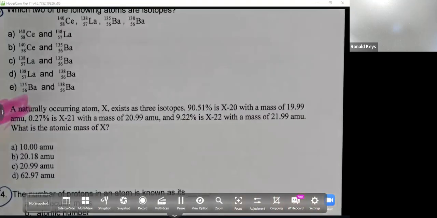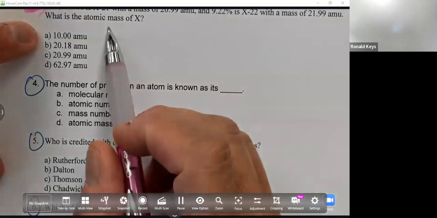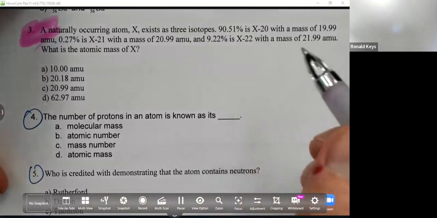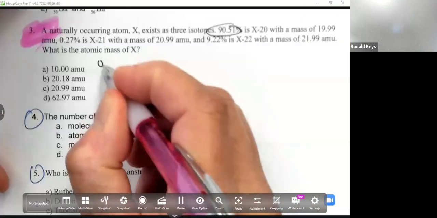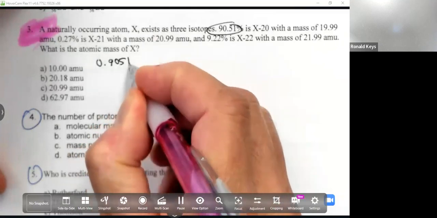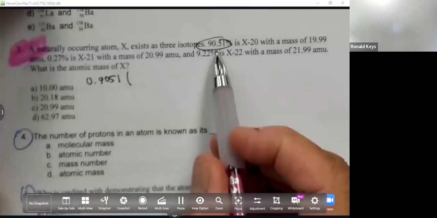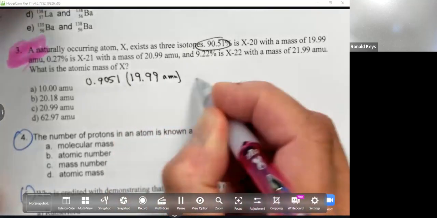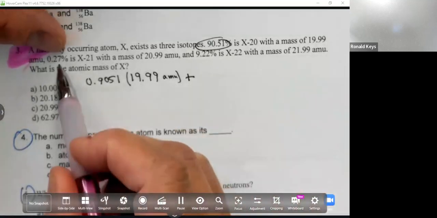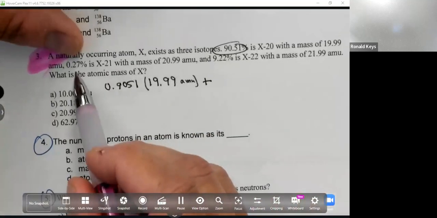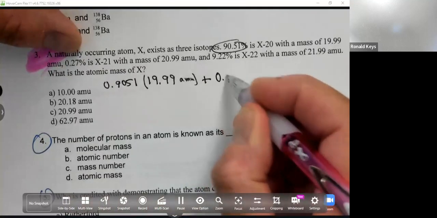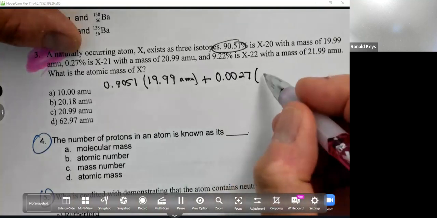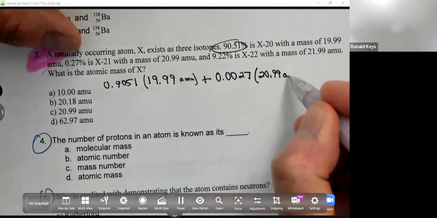So for quiz number 3, number 3 is figuring out the average atomic mass using the percentages. So this would be 0.9051. When I change my percent to a decimal, the mass is 19.99 AMU. Then the next one is 0.27%. So I'm going to have to move the decimal to the left 2 places, times 20.99